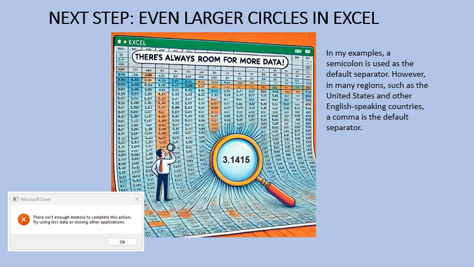Next steps, try creating even larger circles in Excel to test how accurately you can approximate pi. Excel's largest column is XFD, corresponding to column 16,384. This means you can work with a grid up to 16,384 times